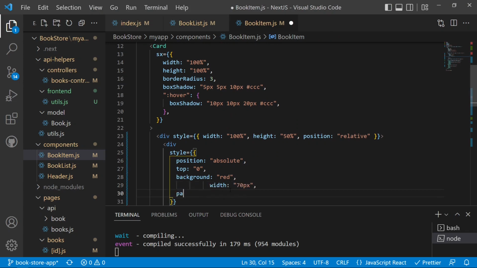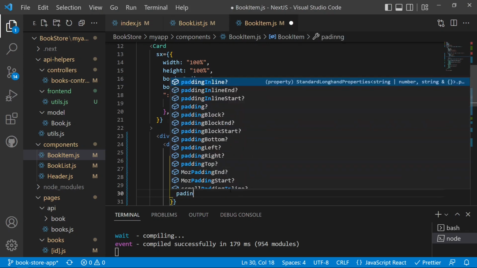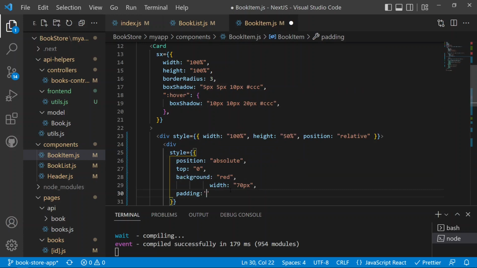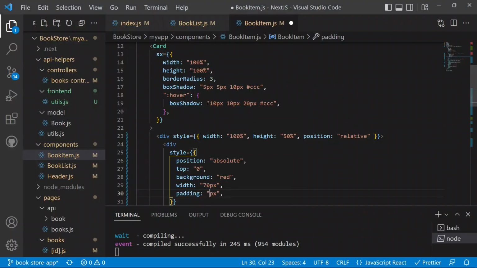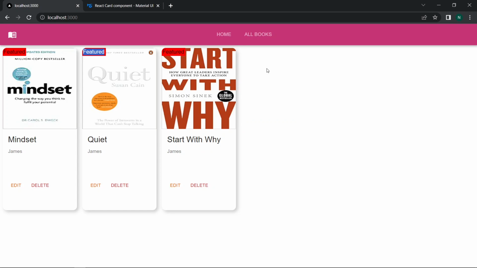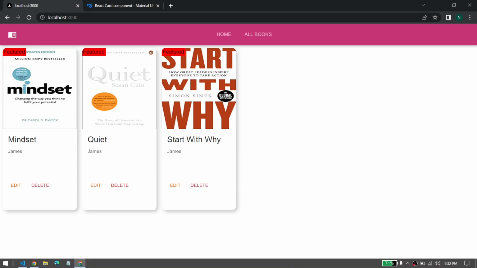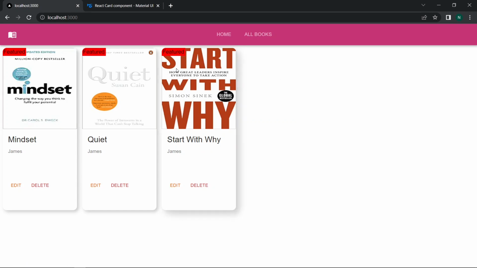And after that we can provide some padding as well. So the padding will contain 5 pixels from every side. So if we now just save, and then you can see we have the featured. I think the padding is now very big, so we can provide the padding as 2 pixels from every side. So I think the color red is not looking good inside the featured, so we can just move